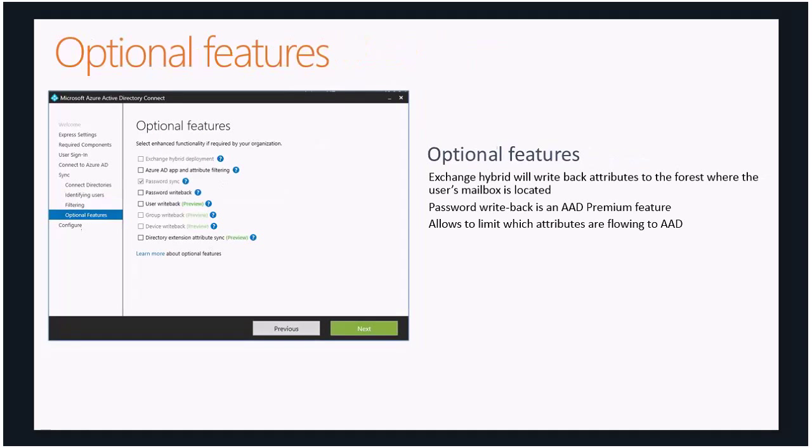And you'll see here that we now have a number of additional optional features. So if you're doing Exchange Hybrid, then you'll want to have the hybrid write-back attribute, so it can write back some of the attributes from Office 365 to on-premise Exchange servers. You'll notice that there is an option for a password write-back, but that is an Azure AD Premium feature. So if you do opt to go down the Azure AD Premium and add that into an existing Office 365 subscription, then potentially you can get a password write-back,